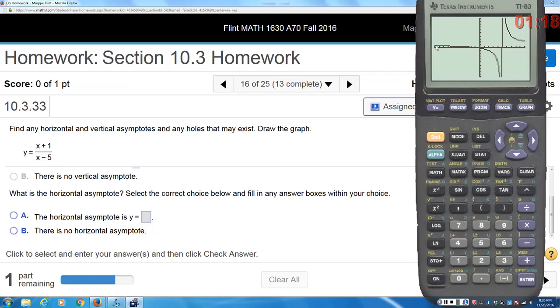For one thing, you can see that it does flatten out as it goes far negative, and it looks like it's probably going to flatten out if I go a lot further to the right. But I can't necessarily tell what it's flattening out to. But if I go to the table, and I first let x be 10, and then I let x be 100, and then I let x be 10,000, and 100,000,